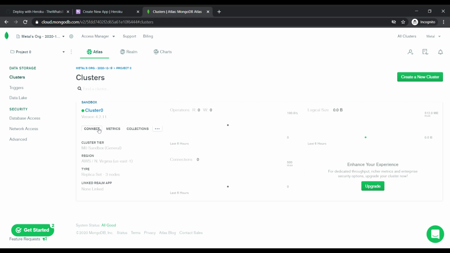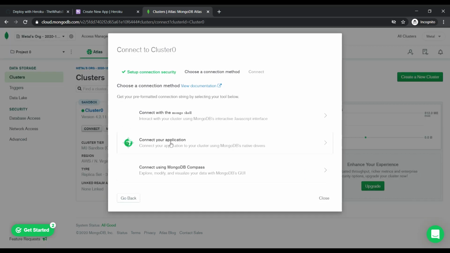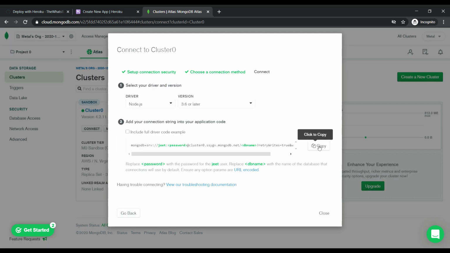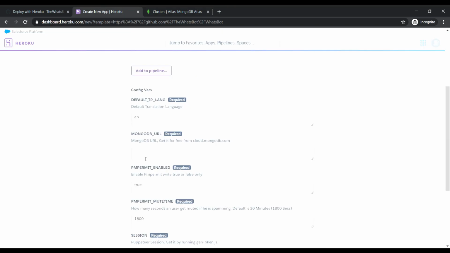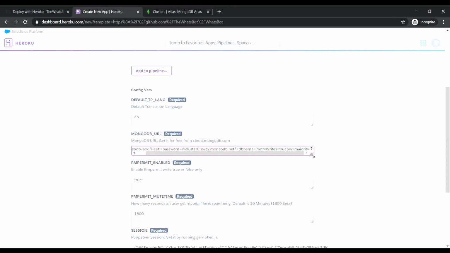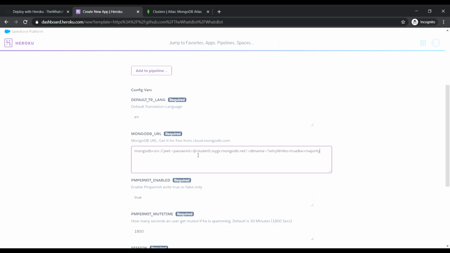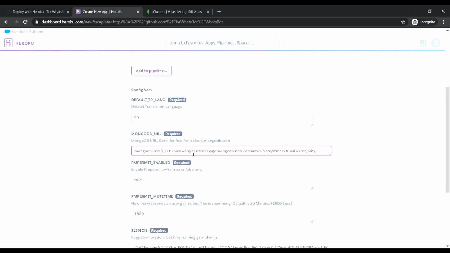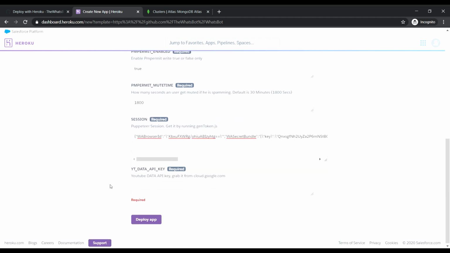Now MongoDB is created. Now click on connect and connect with your application and copy that URL, paste that and remove that password and type your password, that is Jeet12345678 that I selected before.